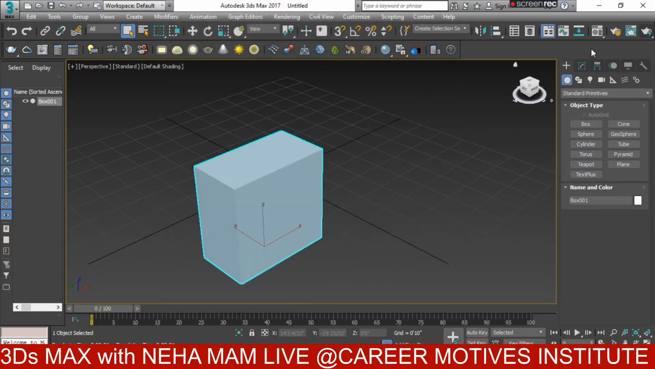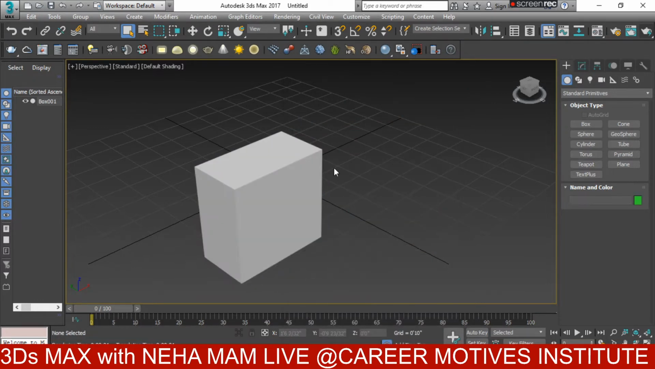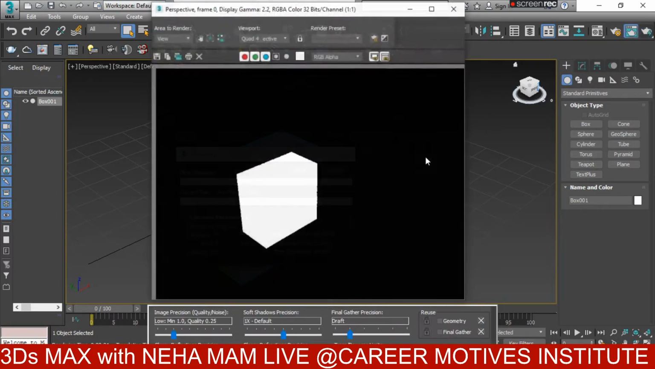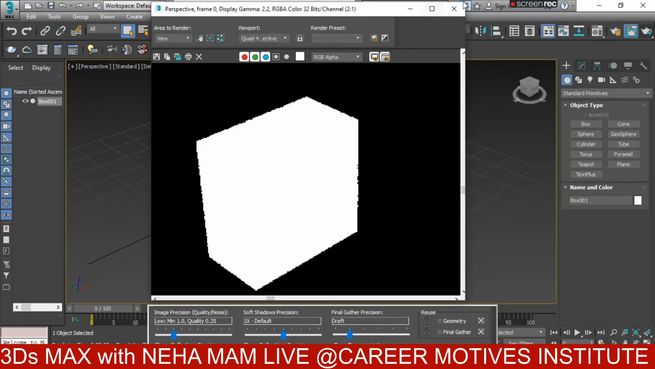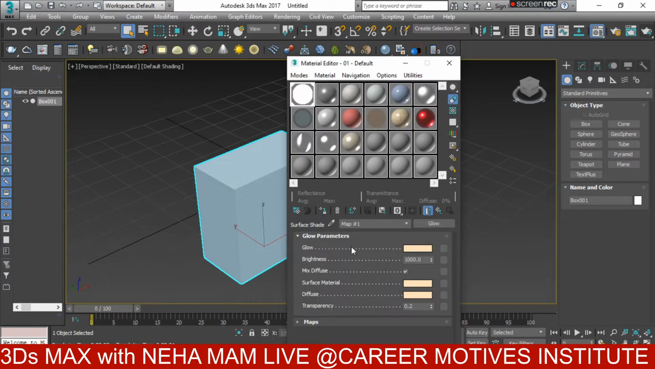So as you increase the brightness, like 1000, I'm increasing it to 1000, and then I'll see the effect. Okay, so this is how your glow light works. So if you change the color,